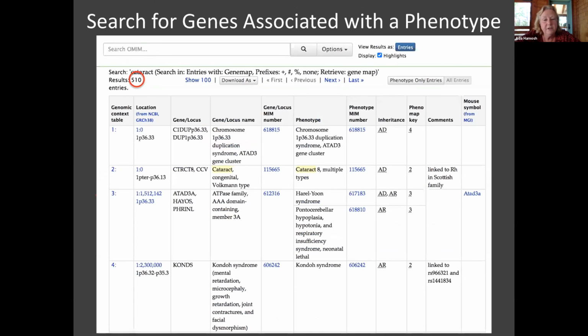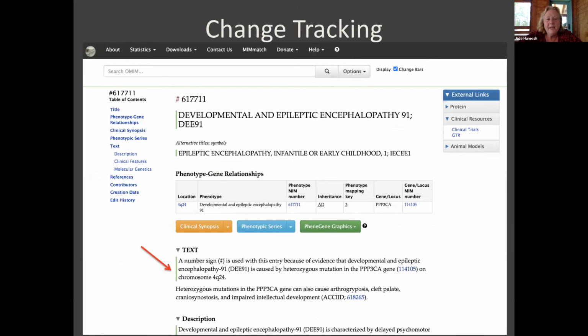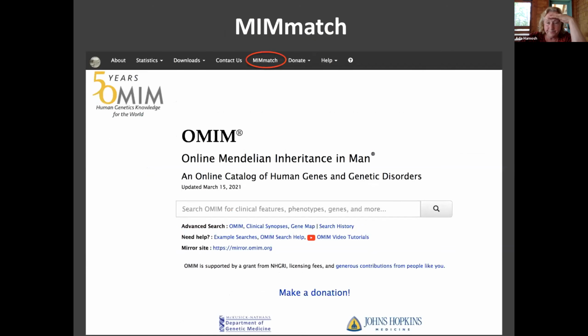Not that it's the source of truth for everything, but that's what you'd get from Omen. If you want to know what we're updating, if we put something new in, and in this case I think the whole entry is new, we would have a green bar next to the new information. We leave that green bar up for about 3 months. So if there's a great big entry and we added something to it and you're wondering what on earth they added, it will be under that green bar, or by that green bar.